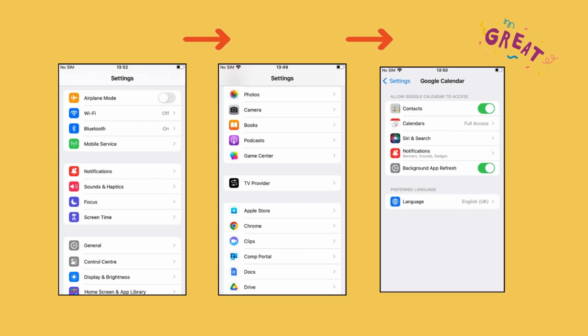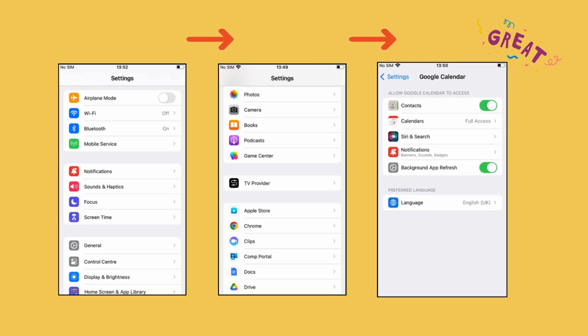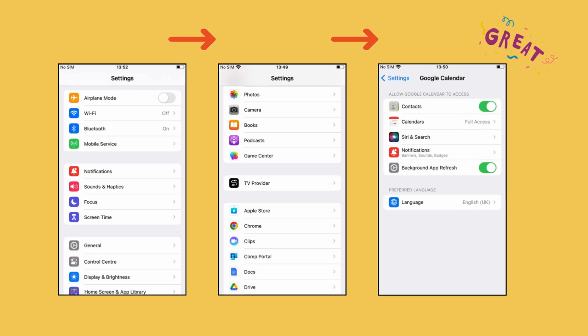Now, let's move on to iOS. Like Android, iOS apps also request permissions during installation or use. You can manage these by going to Settings, scrolling down to find the installed apps, and selecting the app in question. Here, you'll see what it's allowed to access, and you can adjust permissions for contacts, photos, microphone, and more